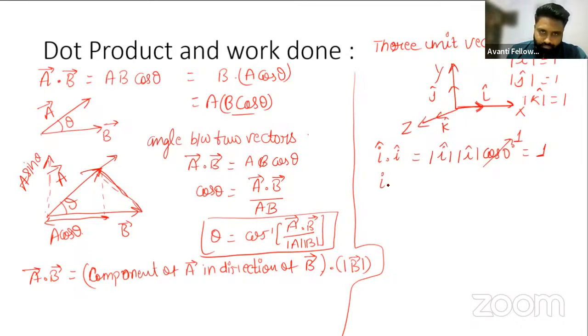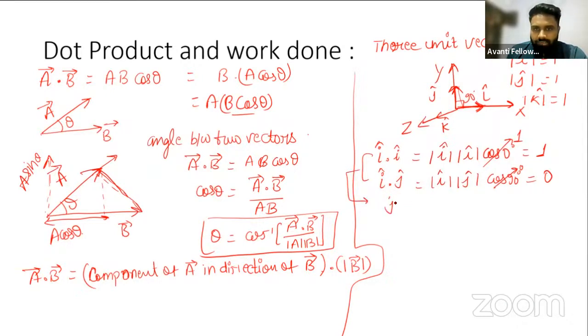Similarly, i cap dot j cap results in magnitude of i cap, magnitude of j cap multiplied with cos theta, the angle between them. And you can clearly see here the angle between i cap and j cap is 90 degrees. So cos 90 becomes 0. Okay, so from these two relations, you can conclude that